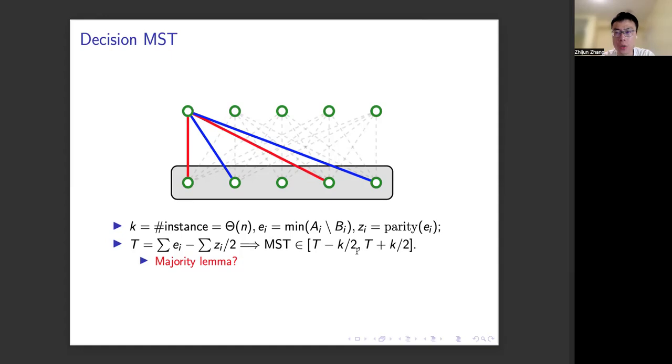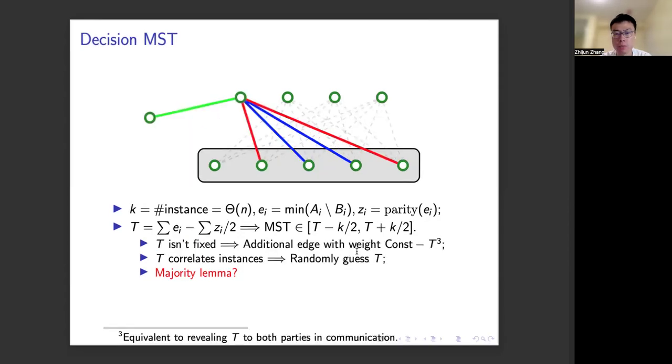because we only need to decide whether more than K over 2 instances have answer 1 or not. So this is essentially computing the majority of the answers of these K instances. But not quite yet. We have at least a couple of issues. First of all, this threshold value T is not fixed. That is, it depends on the specific instance here. So it's not a predetermined value that I can give to the streaming algorithm as part of the input for